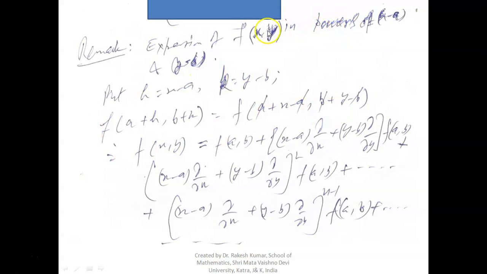Yes, again, expansion of f(x,y) in powers of x minus a and y minus b. So simply replace h by x minus a and k by y minus b. So I get f(a+h, b+k). And if we do this, this and this cancel, this and this cancel, it's only left with f(x,y) equal to f(a,b) plus (x−a) ∂/∂x plus (y−b) ∂/∂y, f(a,b), and